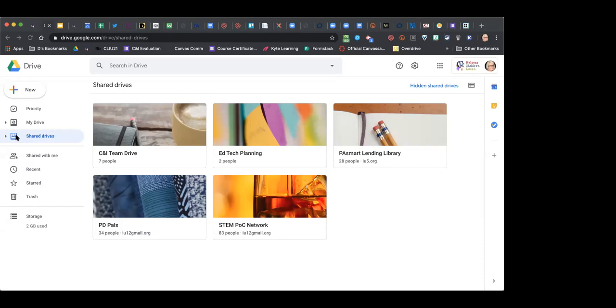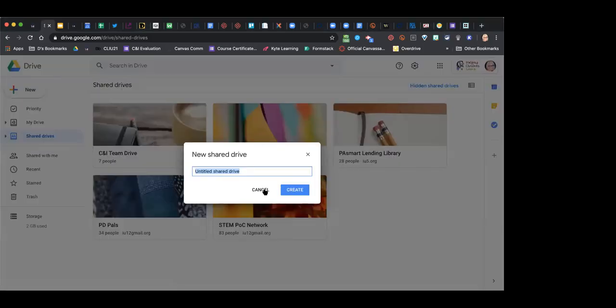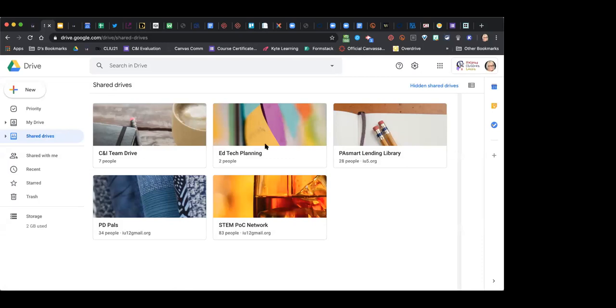That's going to depend. I have full access. It's going to depend on your back end, like if your organization has given you access to create shared drives or not. So that's going to be totally a district thing. So if you take a look at what I'm doing on my screen right now, you see